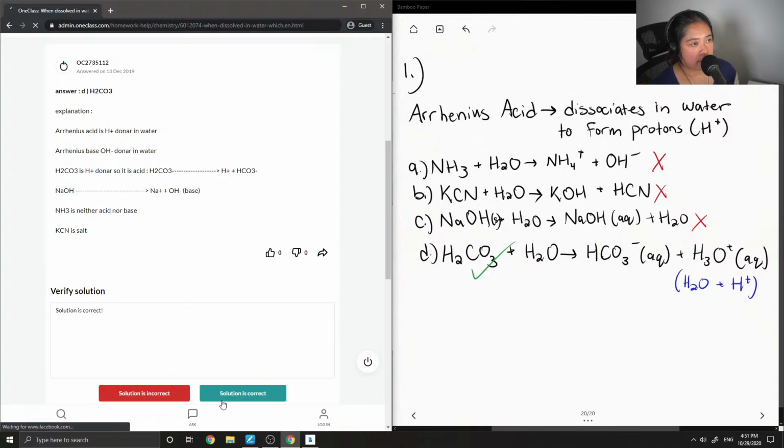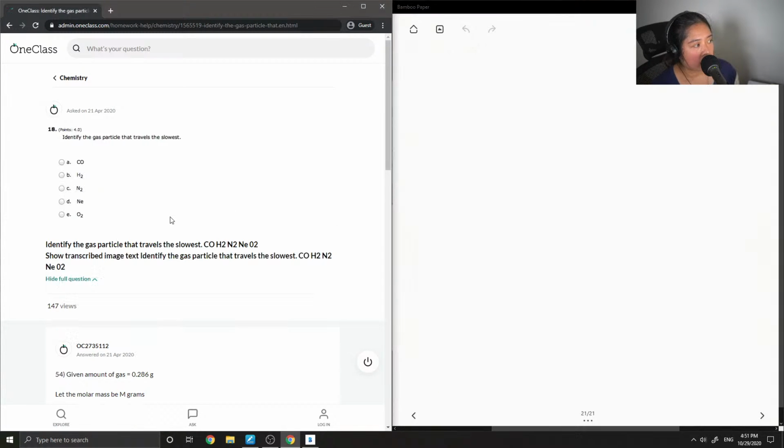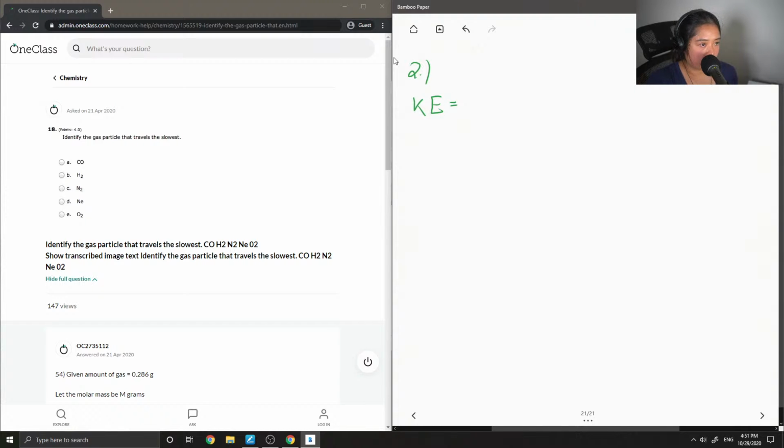Okay, so let's move on to question number 2. Identify the gas particle that travels the slowest. So before I go over all the different options, I'm just going to write down this formula of kinetic energy. Basically, it is as follows, where it is equal to half of the mass times